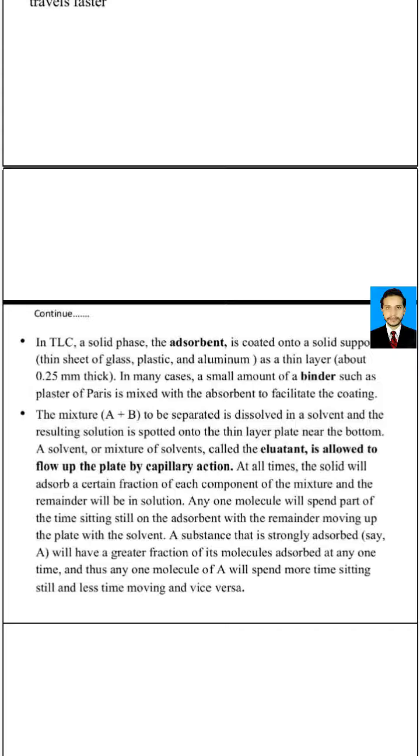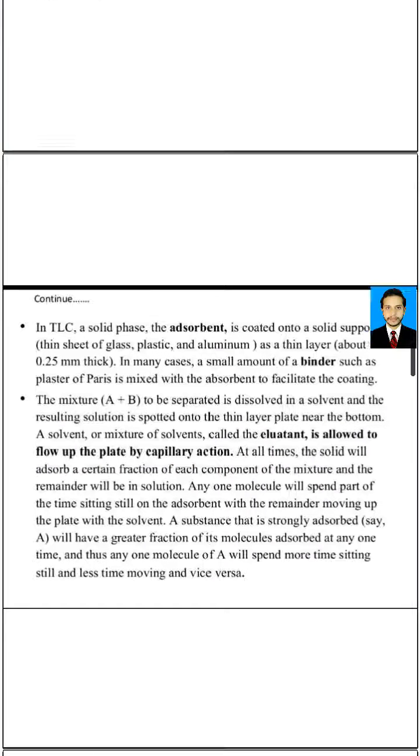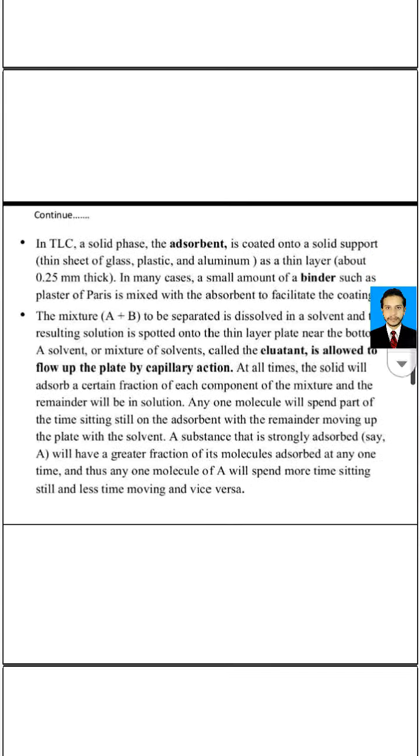Any one molecule will spend part of the time sitting still on the adsorbent, with the remainder moving up the plate with the solvent. A substance that is strongly adsorbed, say, will have a greater fraction towards the stationary phase at any one time. Thus, any one molecule of A will spend more time sitting still and less time moving, and